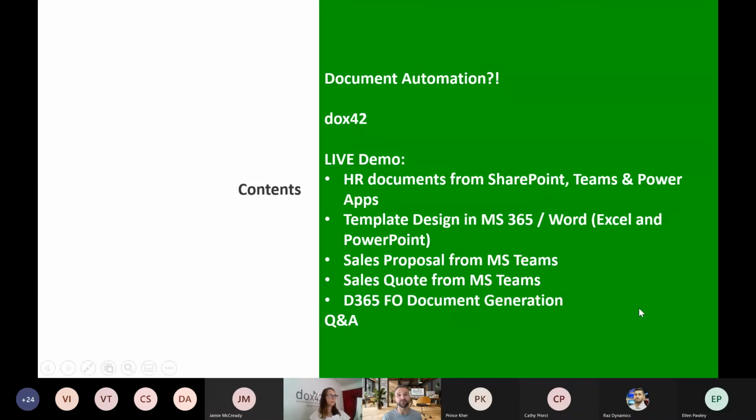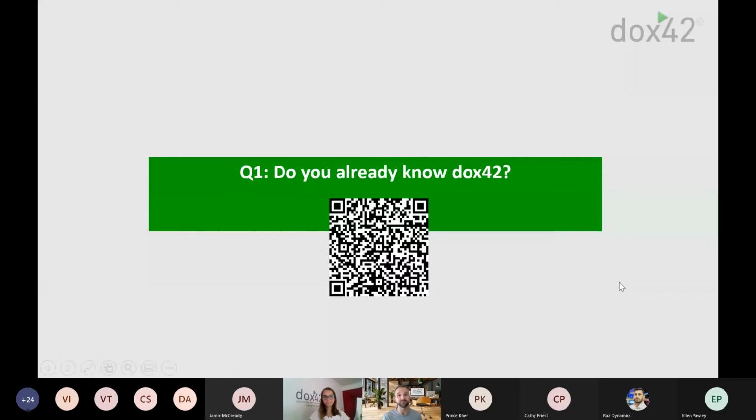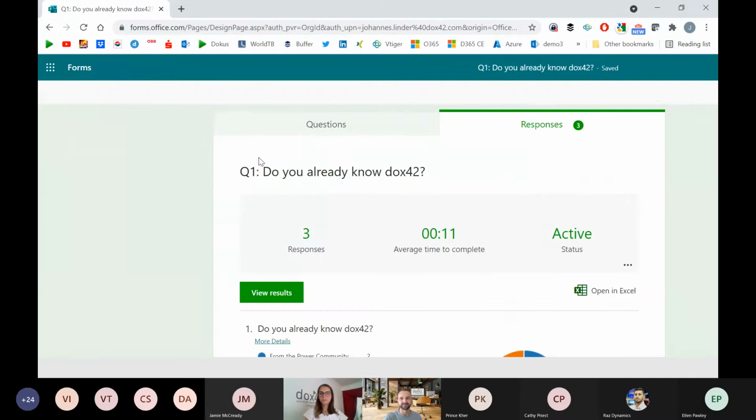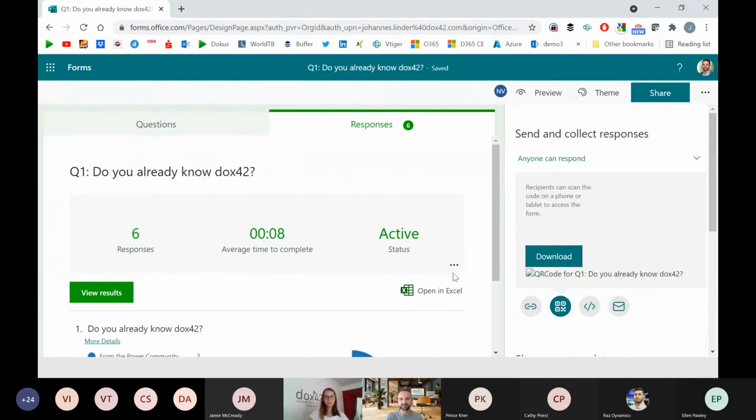All right, let's get started. First question to you. Do you already know Docs 42? So if you could just briefly take out your phones, scan this. I will show my forms in a second, because it's always very important also for us to know whether you've already seen us somewhere. Stuart, if you answer this, you should probably say yes, because then we've been at the same in-person event last time. Let me just move forms over here. And already getting the first responses. Just a second. So there's the QR code again to be scanned.